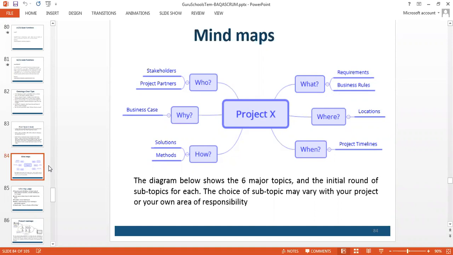So mind maps basically try to put down the evolution of a requirement. What I'm trying to do is build requirements or the vision of a project X. So I'll try to say who is sharing the vision with me. These can be stakeholders, project partners, project owners, the state farm, because they need this. Those are the participants. Then there's a why. Why do I improve the attendance management system?